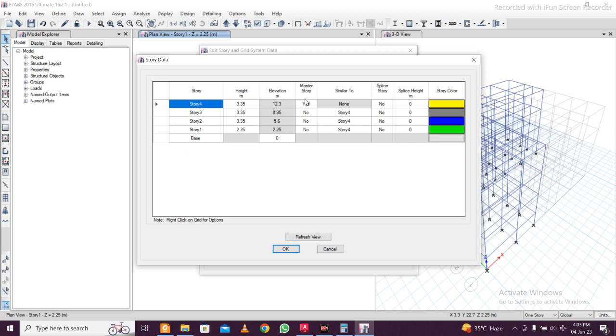You see, the master story is actually used for copying. If you make this similar to a particular story, then everything will be the same. So I'm just making story 2 my master story, and this will be similar to story 2. These two stories will be the same, and this one will be different, right? This is the terrace level, and I'll add the story